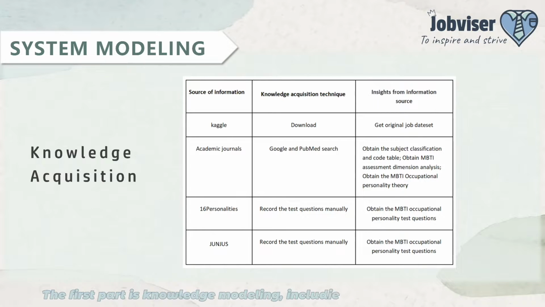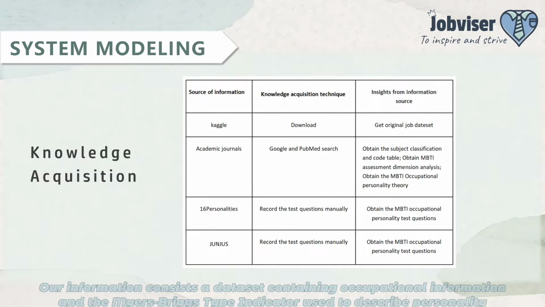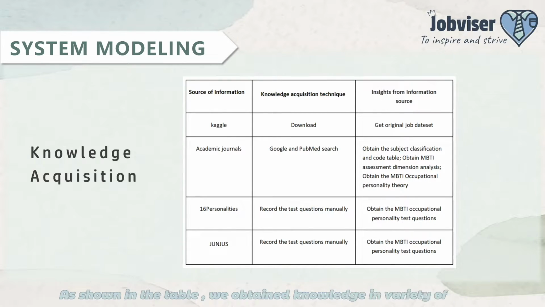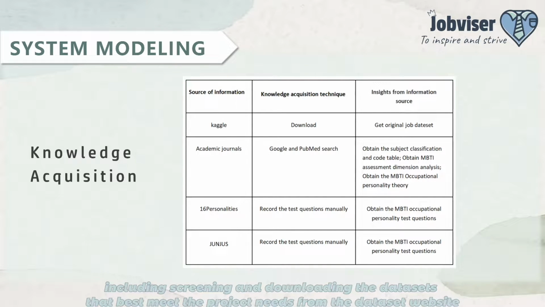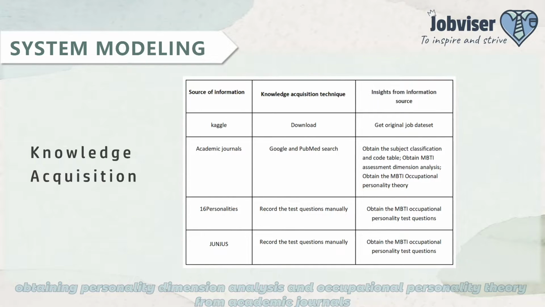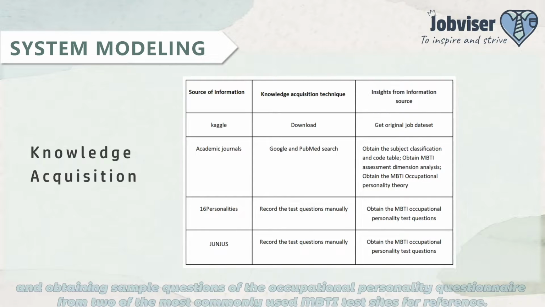The first part is knowledge modeling, including information acquisition, data set analysis and rule representation. Our information consists of dataset containing occupational information and the Myers-Briggs type indicator used to describe personality. As shown in the table, we obtain knowledge in a variety of ways, including screening and downloading the datasets that best meet the project needs from the dataset website, obtaining personality dimension analysis and occupational personality theory from academic journals, and obtaining sample questions of the Occupational Personality Questionnaire from 2 of the most commonly used MBTI test sites for